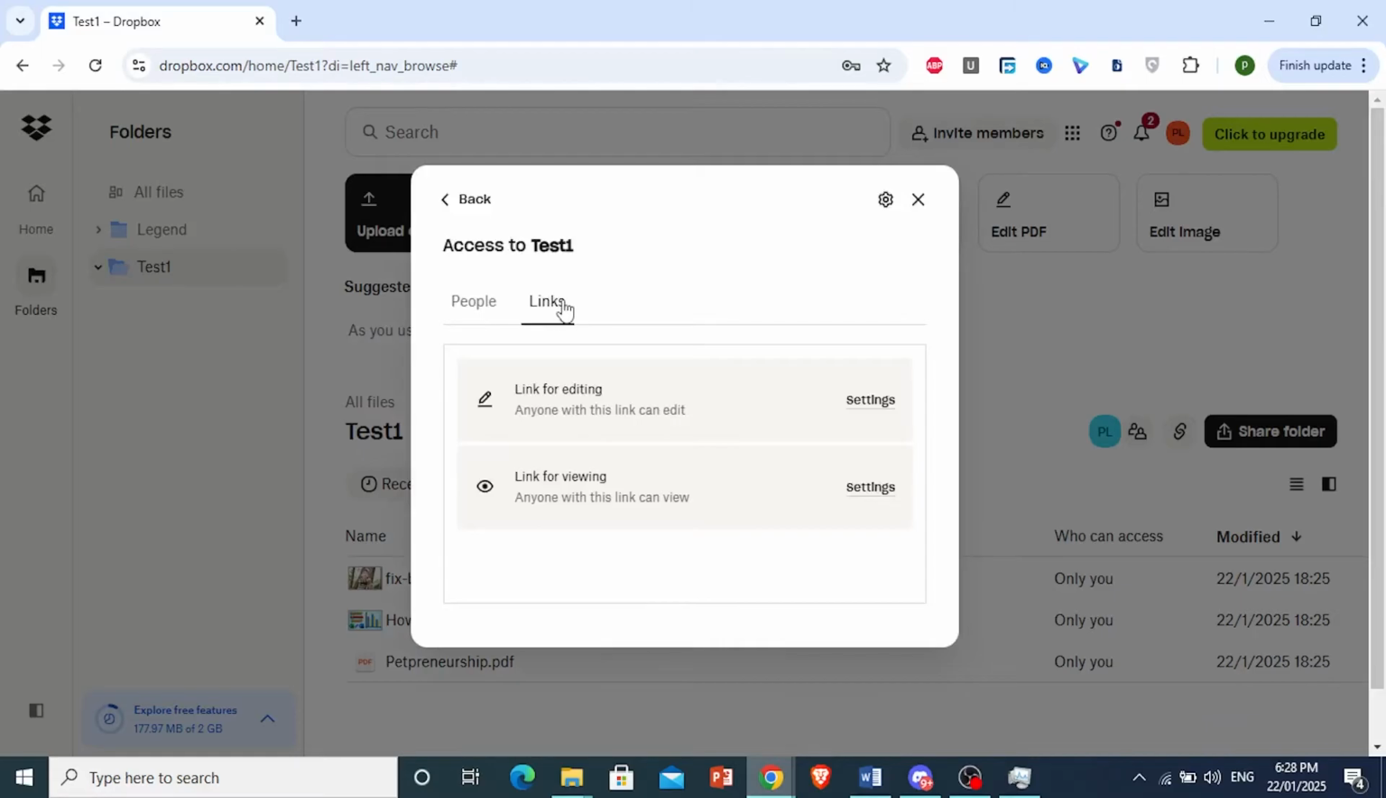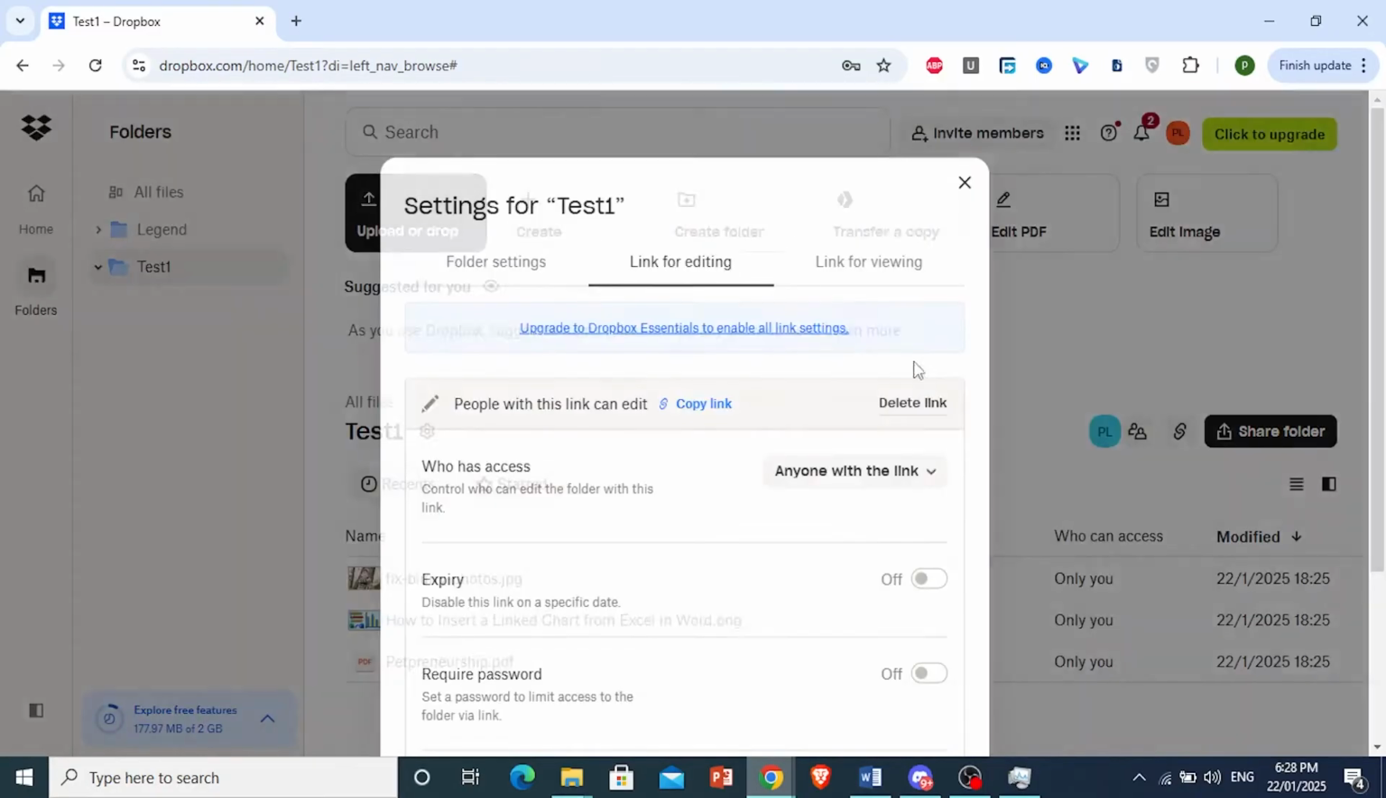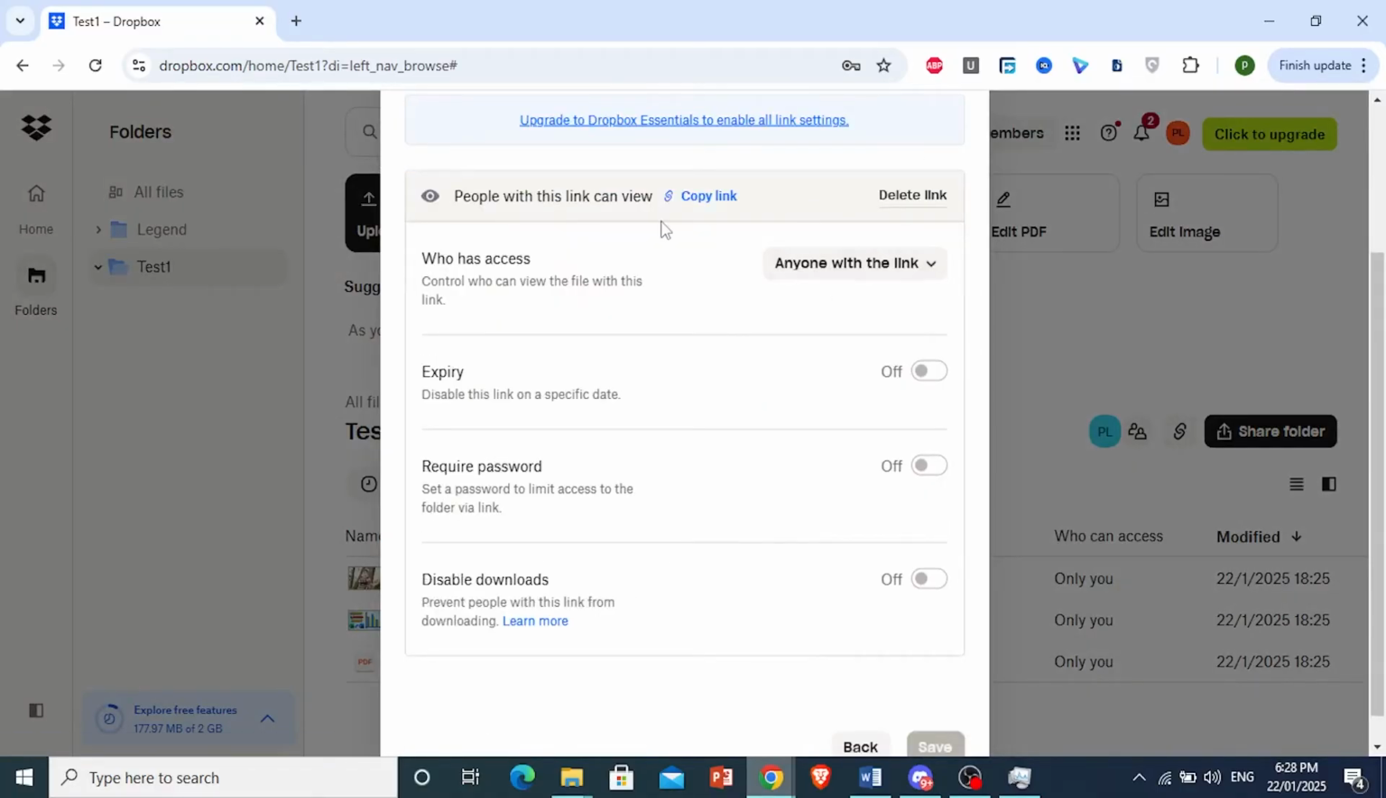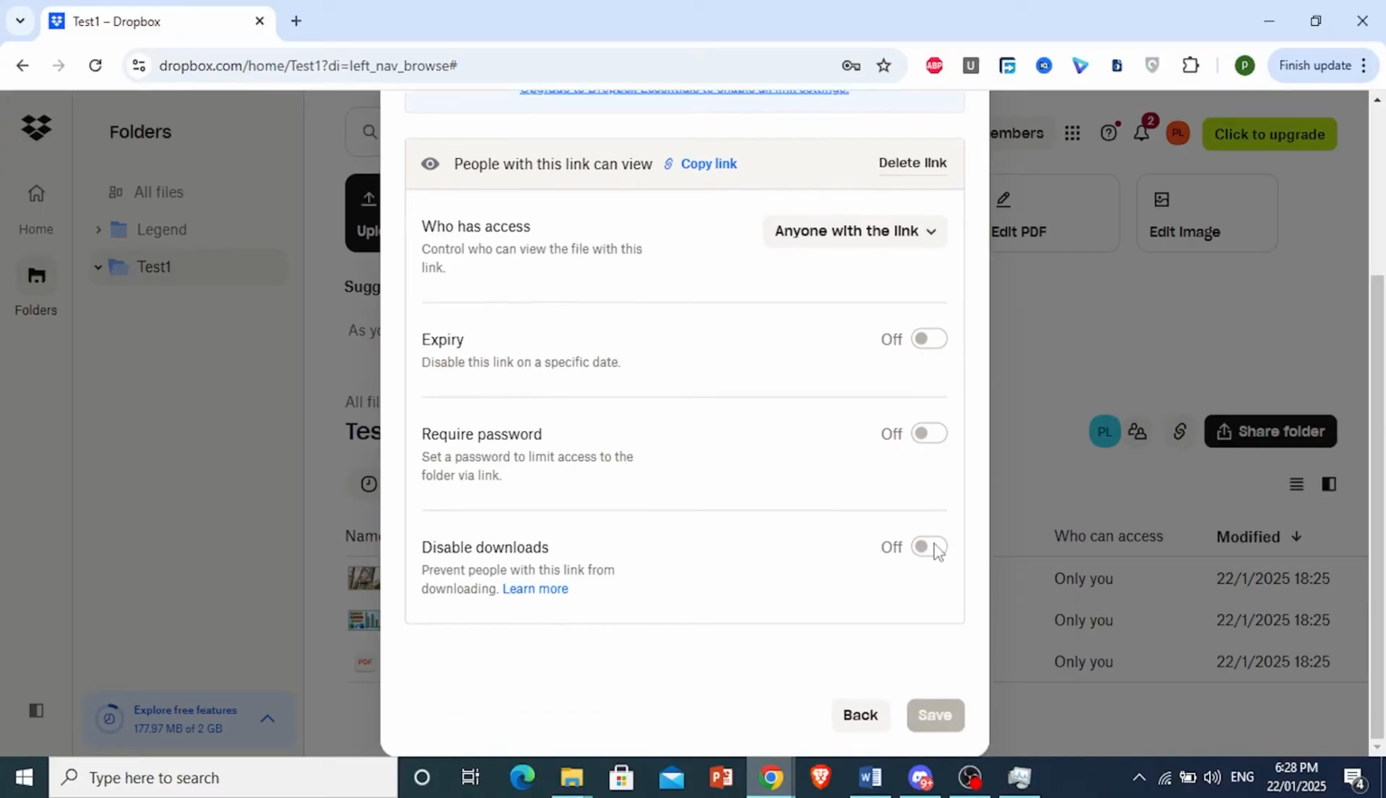Okay. Now you see this option that says link. You would have to have created a viewing link first. So click on settings. And now we have a link for viewing right here. We have created one. What you basically need to do is toggle on this option that says disable downloads, and